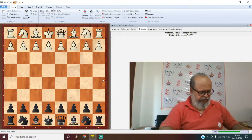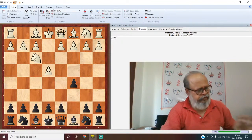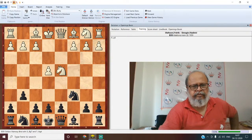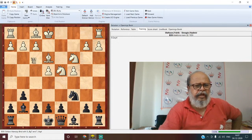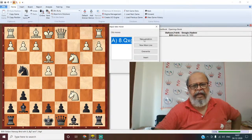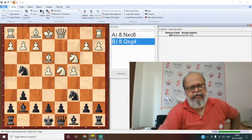Olafsson versus Simajin. Simajin was very good in Sicilian and is famous for giving a lot of rook-on-c3 sacrifices. So knight g4, temporary, because d4. Now if you play knight takes, I can also take the knight and take the queen. The knight will be trapped. Not this, this will turn out badly. I can first take it, attacking the queen. So here he plays queen takes,